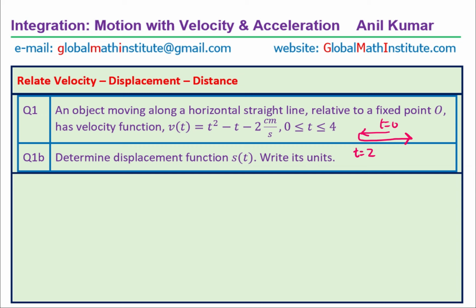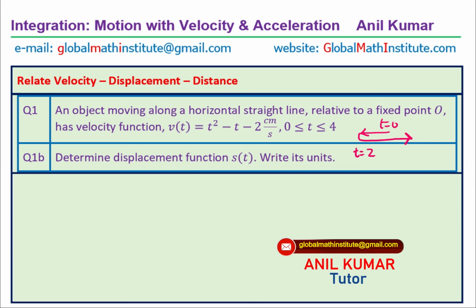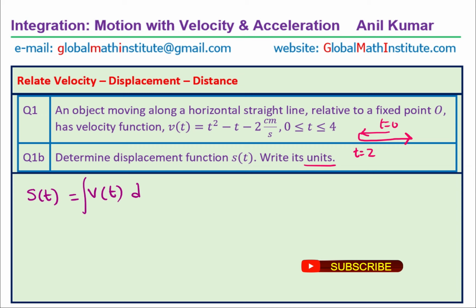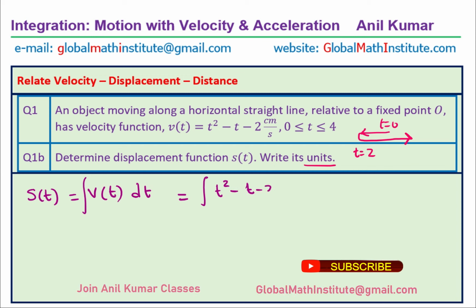Okay, part B, determine displacement function s of t, write its units. So do not forget to include units. What is displacement? Displacement is the integral of the velocity function, right, with respect to time. So we are given the velocity function as t squared minus t minus 2 with respect to time. And that gives you